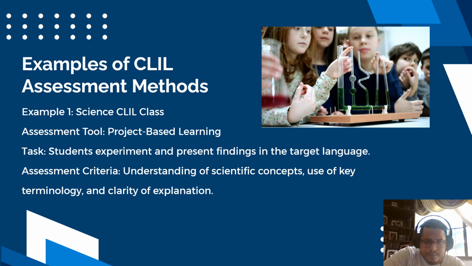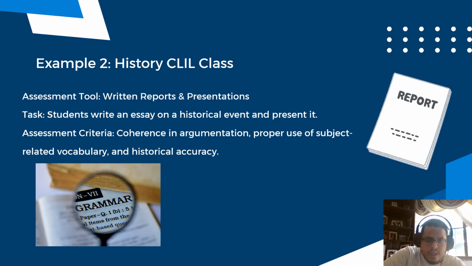Assessment criteria: understanding of scientific topics, use of key terminology, and clarity of explanation. Now here, history CLIL class. We talk about what? Assessment tool. We talk about history CLIL class. We talk about assessment tool, reading reports, and presentation. When we are using CLIL, history CLIL class,